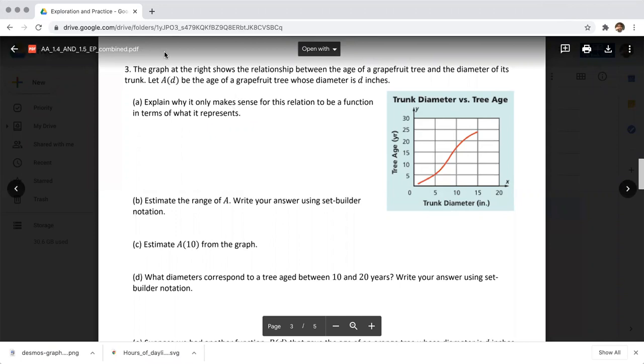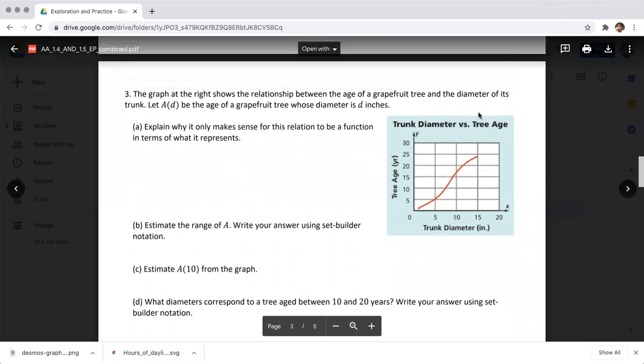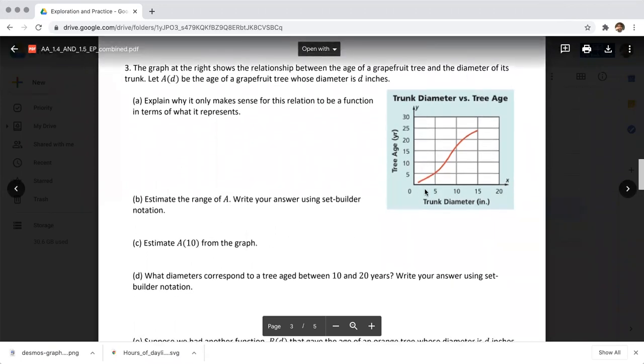So, okay, the graph at right shows the relationship between the age of a grapefruit tree, here's the age, the y-axis, and the diameter of its trunk. Let A of D be the age of a grapefruit tree whose diameter is D inches. So it looks like we are plugging in the diameter and getting out the age. Kind of interesting. Normally, I feel like you'd plug in the age and get out the diameter, but you know